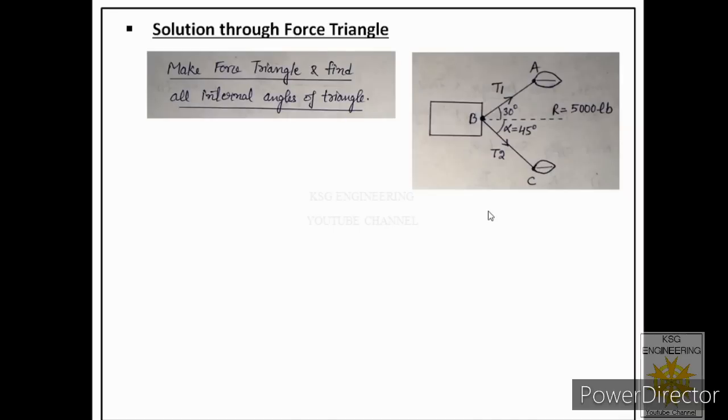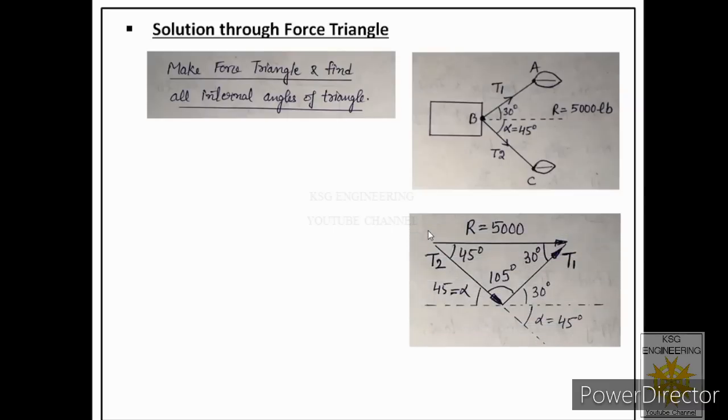First of all, we will represent the two concurrent forces. Okay, let me show over here. Okay, this is the final answer. So right now don't look over here. Just focus on this part. I will explain this later on. So let me represent the two concurrent forces here. We have the first force, that is tension in rope 1, and the second force, tension in rope 2, and this is the axis of the barge. T1 has an angle of 30 degrees and T2 has an angle of 45 degrees.